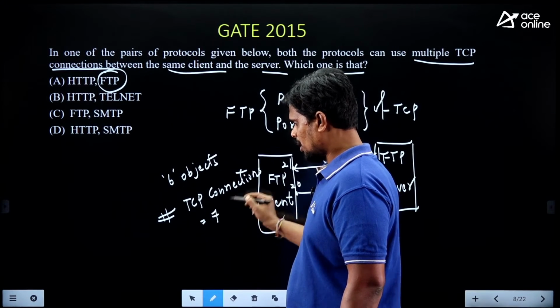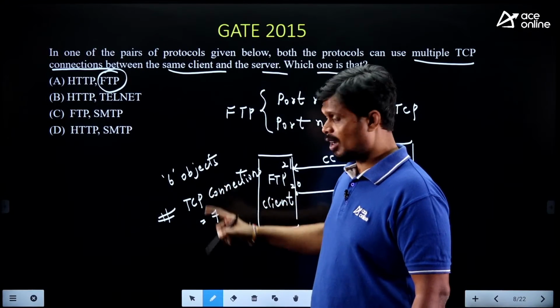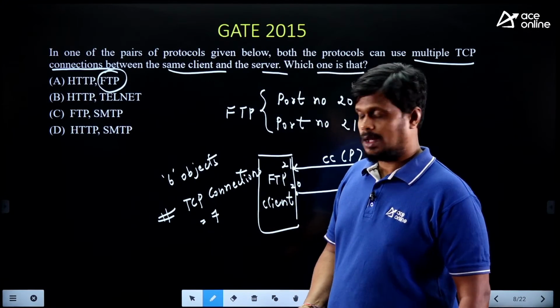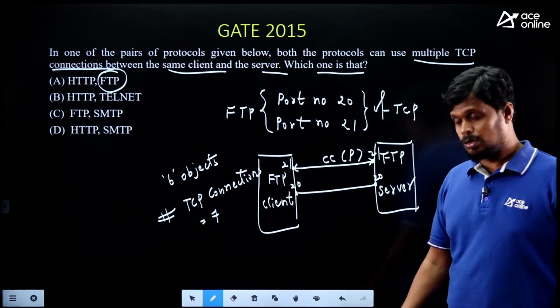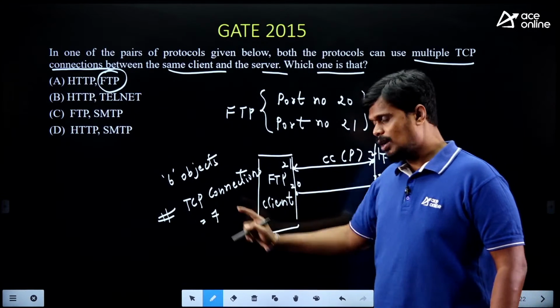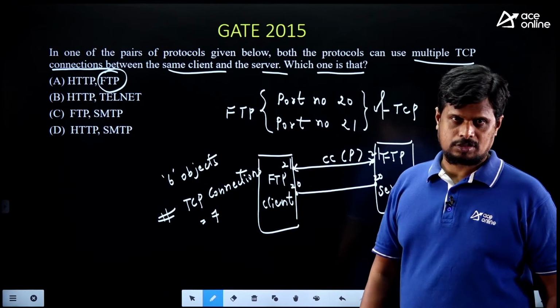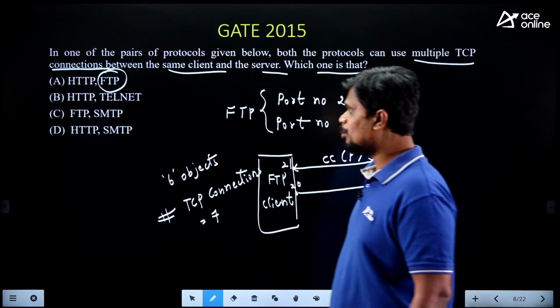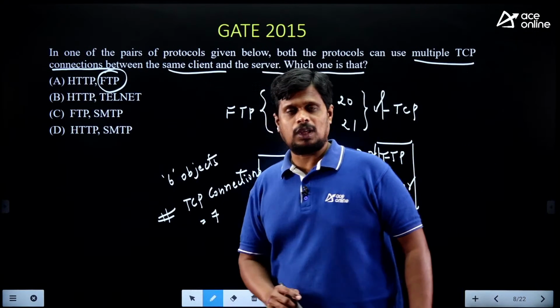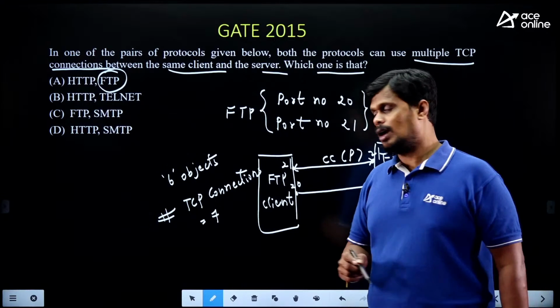7 number of TCP connections. Why? So 6 is non-persistent connections and 1 is persistent connection. So obviously FTP is using multiple number of TCP connections, right? And HTTP, if we verify, HTTP is a hypertext transfer protocol that HTTP is